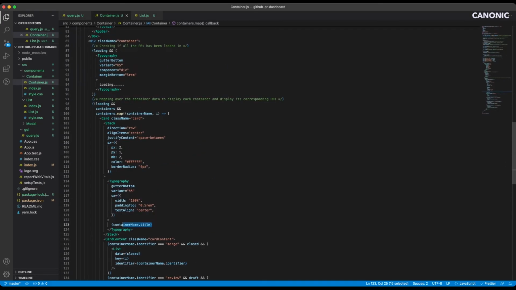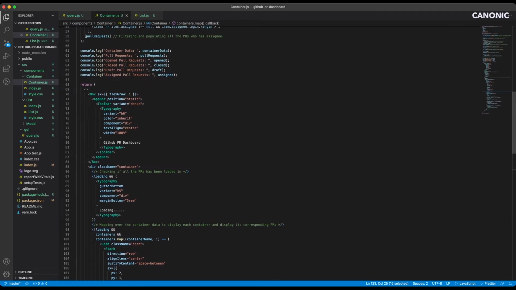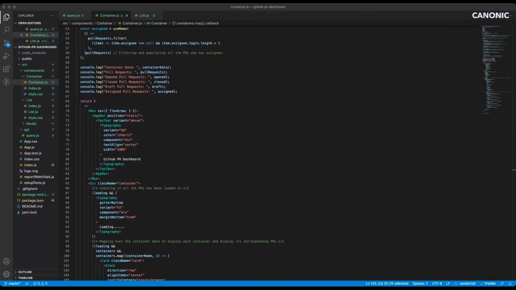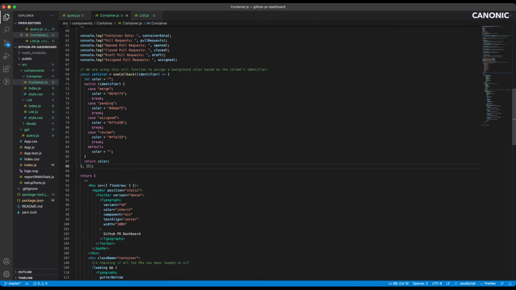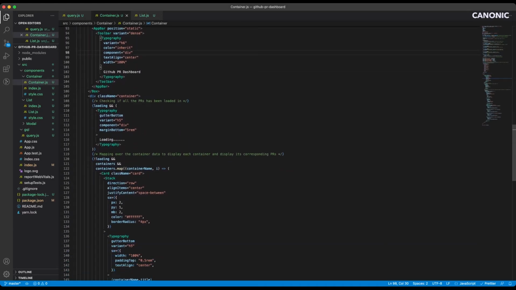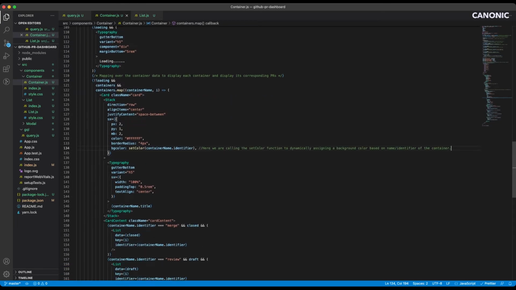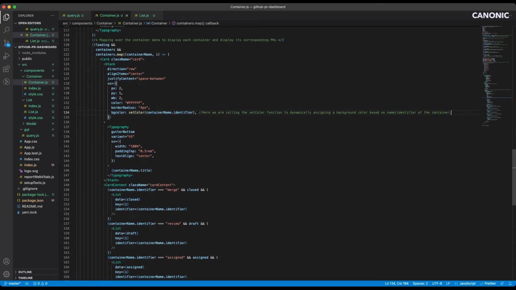Let's also quickly beautify it a bit. We can just use a simple utility function that can return different colors for us depending on the different identifier that we're getting from a backend, and we can just set the colors here in the stack. Awesome. Let's head to Chrome and see how it's looking now.